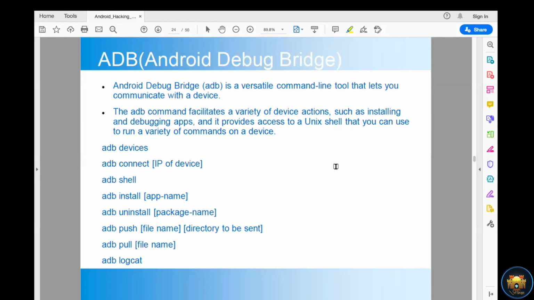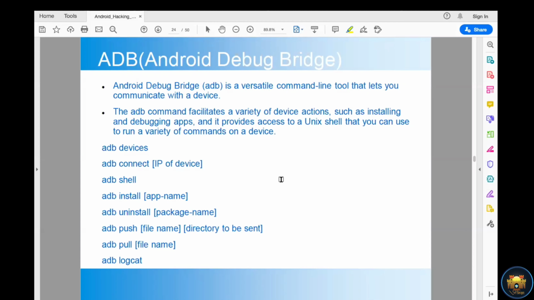Okay, so coming to Android Debug Bridge. As I already told, Android debug bridge is an interface between your mobile application and your operating system where all the tools are installed. So it will act as an interface between your mobile and your operating system. There are some basic commands which we will be using throughout the session, right? Using this ADB, because if you want to install the application, if you want to uninstall the application, or if you want to move into the shell of the Android OS,